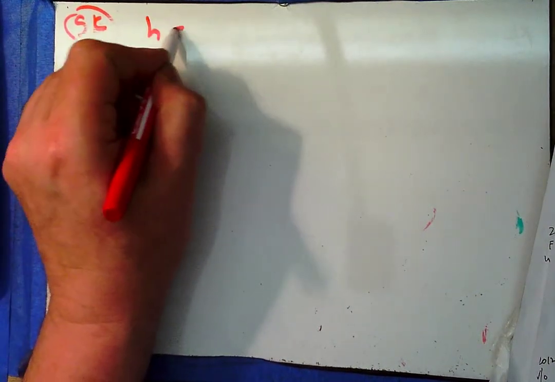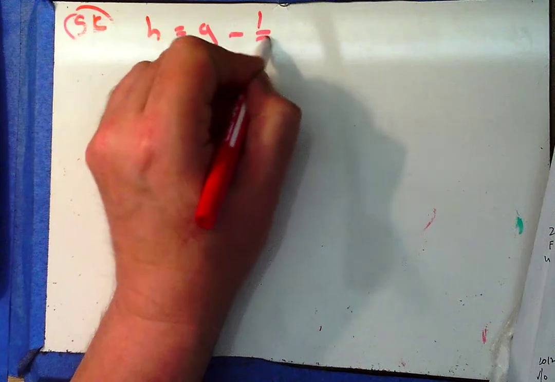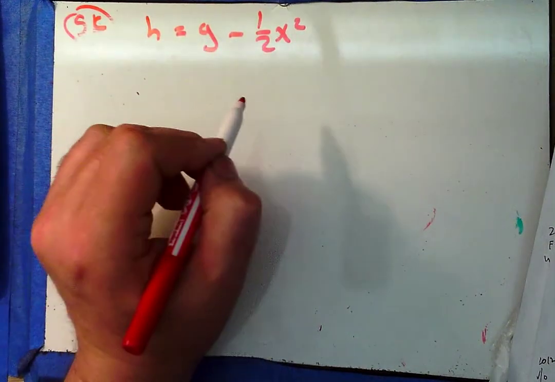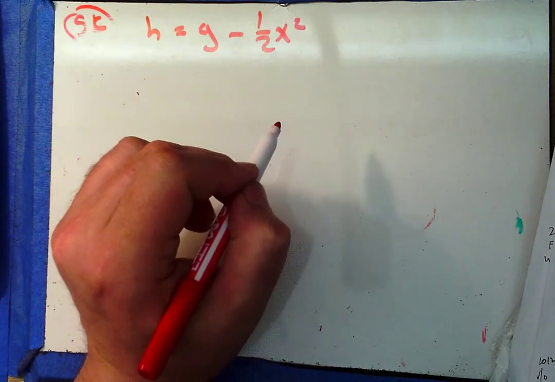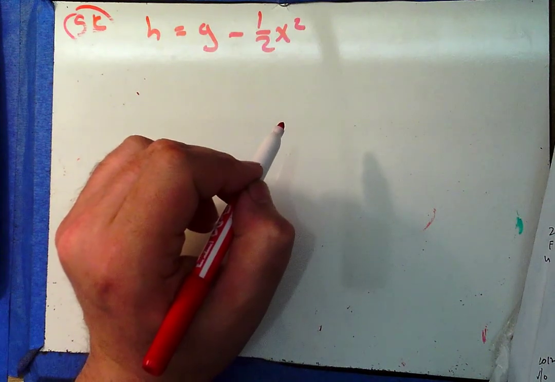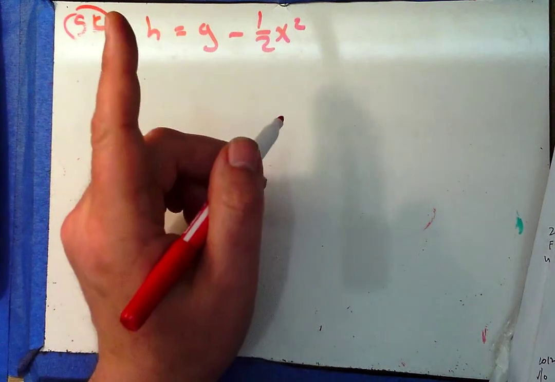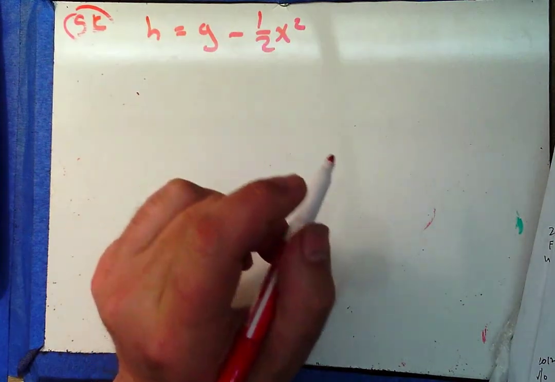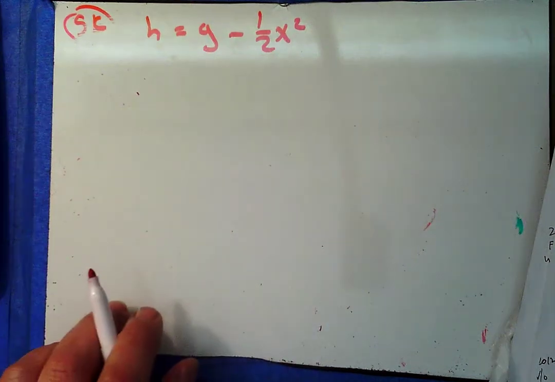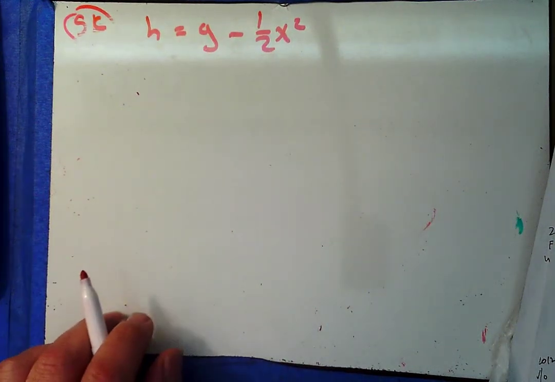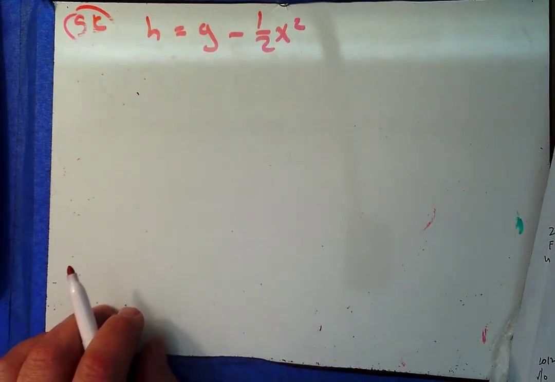5C, H equals G minus 1/2 x squared. Find the x-coordinate of each critical point on H on negative 7 to 5. Notice the endpoints are not included. Okay, that could be useful. And then classify each critical point as the location of either a relative min, a relative max, or neither, and